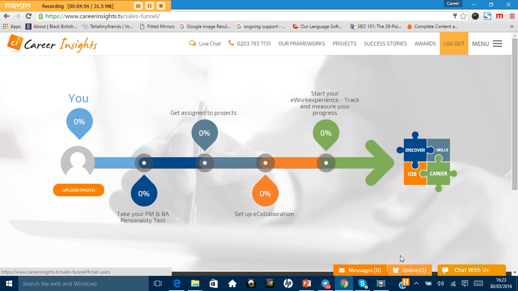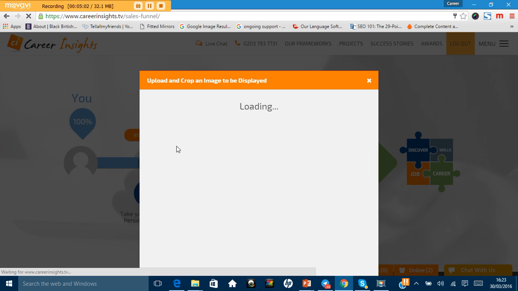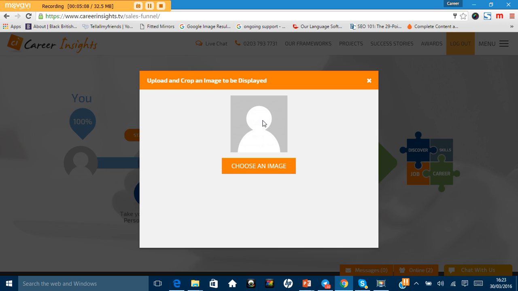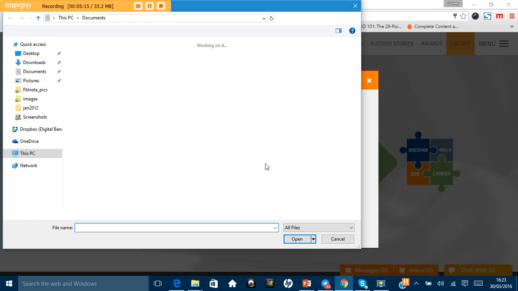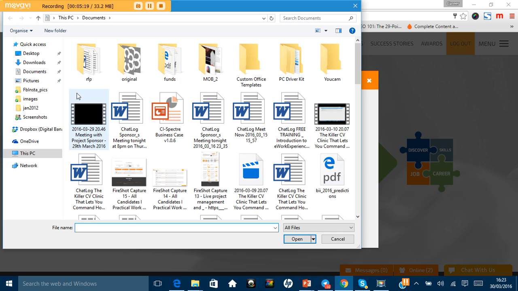That will probably grow as we carry on. So I'll just click on upload photo right here, like so. I'm just going to look for a photo of mine to upload, and try and make sure that the photo you're uploading is quite clear, so that it's easier for people to recognize you. It's normally good to put a face to the name, especially when you're going to be working with people for